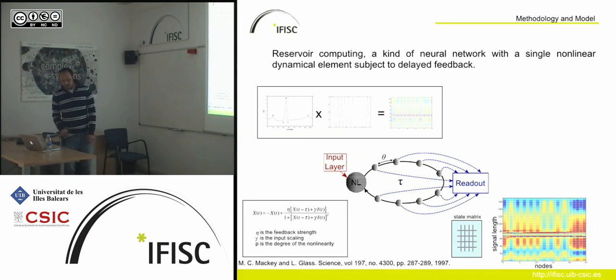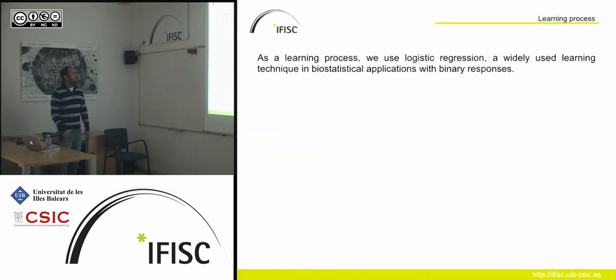And then all these state matrices, we are going to pass through a learning process. Because what we want is to construct a classifier that can make a classification of heartbeats. And that classifier needs to learn how to do it. In order to do that, we use what is called logistic regression. Just a quotation here, usually reservoir computing uses linear regression in order to find the weights or to make the classification. However, we consider that for this kind of task, where we have a binary answer, logistic regression is going to be better.